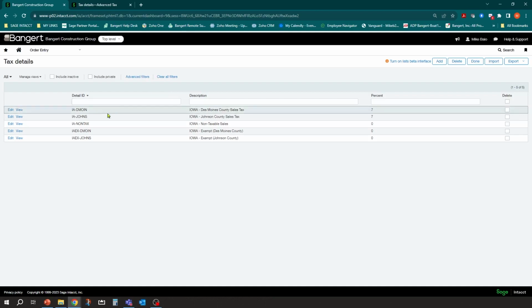If I'm using order entry and purchasing, this is the ID that needs to be unique. In this case, I'm using just a state and a county for my receivable side. And if I want to use purchasing, I can set up a unique one for that afterwards. But basically, for your detail ID, I would recommend keeping it consistent with your contact tax groups. For example, I've created an ID called Iowa Des Moines, and it's for Iowa Des Moines County sales tax. Some people put the percent in the description as well. But if you go ahead and hit add,